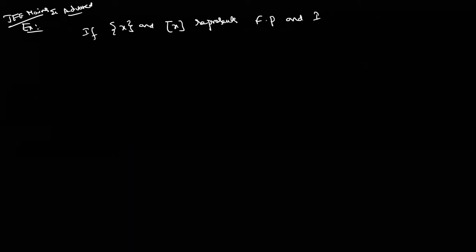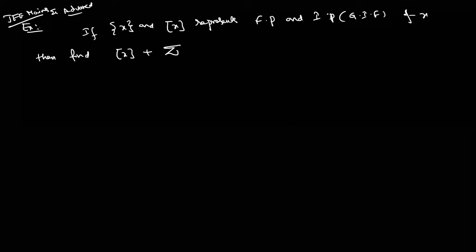Ready? Dear students, see, it's very, very important. Fraction part of x and integral part of x are represented by {x} and [x]. Integral part means they can mention it like the greatest integer function of x. Then find the integral part of x plus sigma r running from 1 to 2000 of the fraction part of x plus r by 2000. Anyone challenge this question? What is the answer?